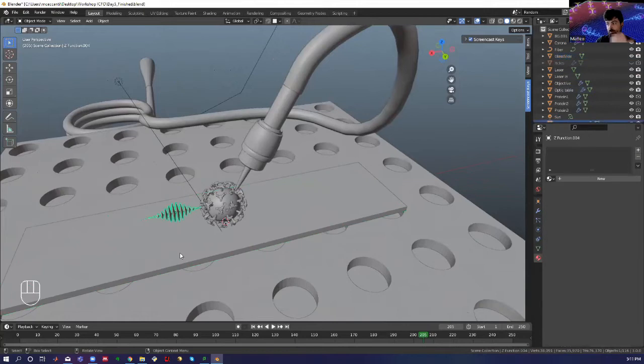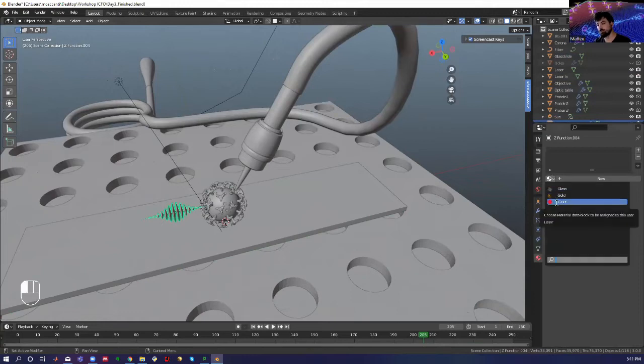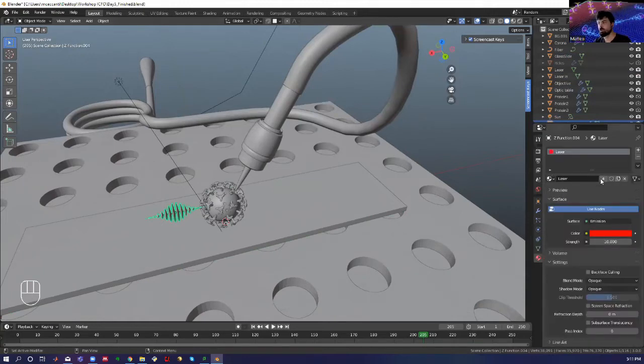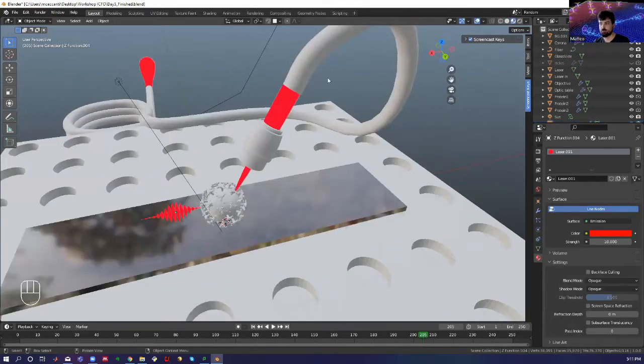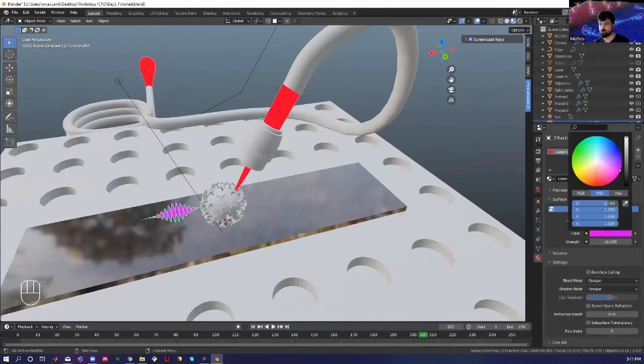Okay, for example, we want this one to have an emission like the laser, but of a different color. So what we could do is to set up a new material, or to take the material of the laser and to click here on this number. I don't know precisely what the number means, but if you click here, you're practically saying copy the material you have and call it in another way. So if you now go in material preview, you see that the two things have the same material, but now if I change this, I'm changing only